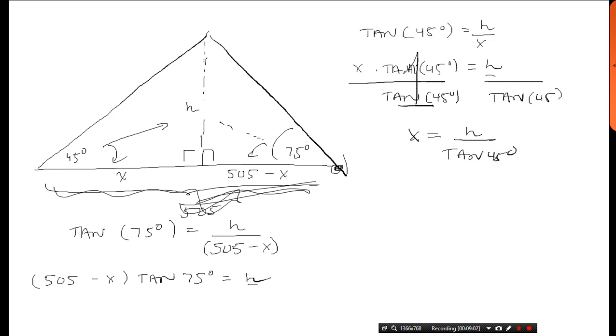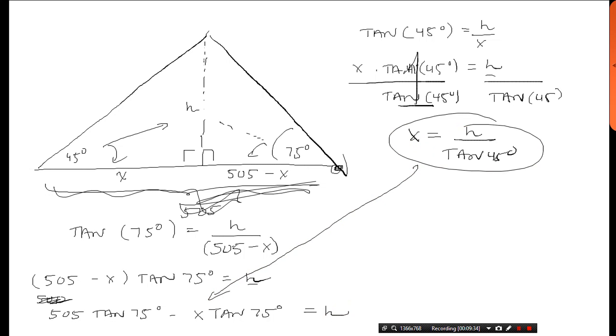Alright, so what does this give us? It gives us a blob. Now, I'm ready to plug it in, but see these parentheses? That's very dirty. So I'm going to multiply in my number, tangent of 75 degrees, and then hopefully this gives me something I would much rather work with. And this is what I'd rather work with right here. Okay, so now hopefully I don't run out of space here. I need to plug this x in here, and then I'm ready to rock and roll. Why? Because then I can just solve for h. So here we go. We get 505 tangent of